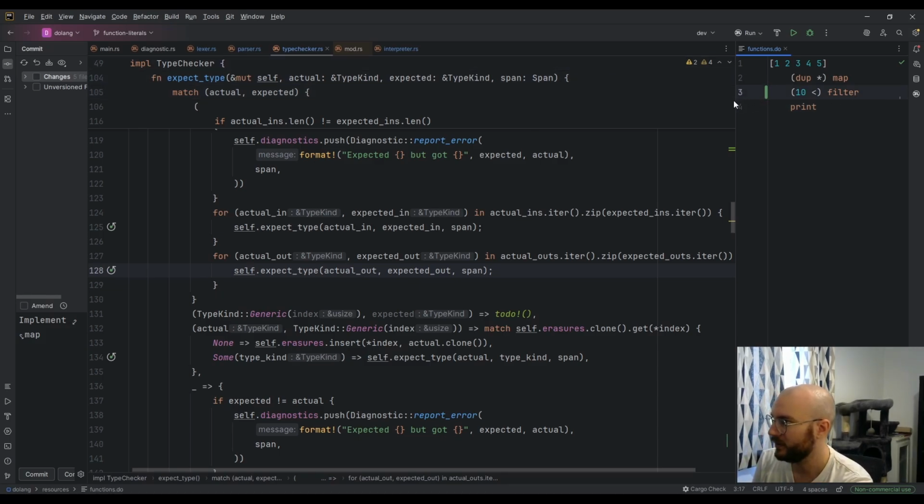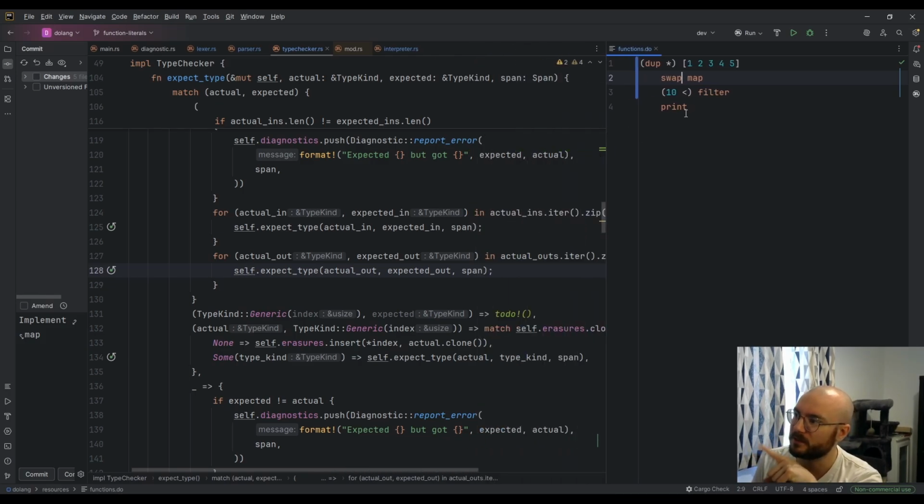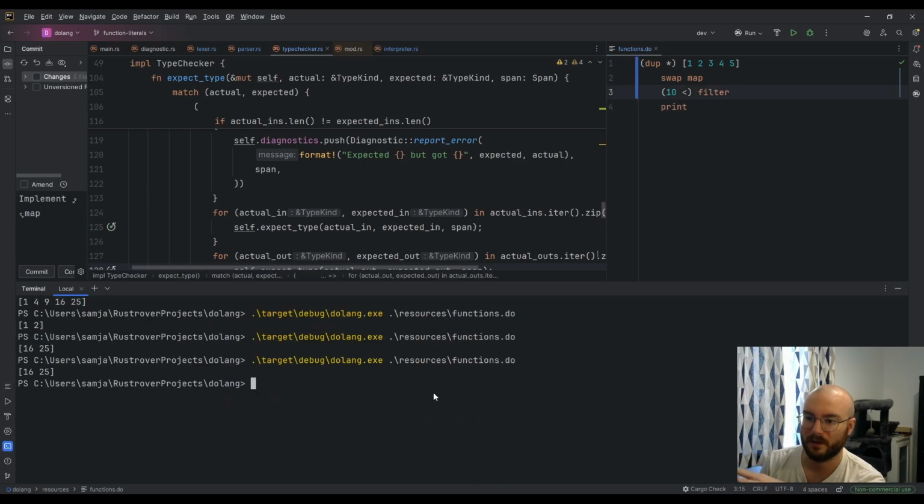But look, this is kind of what I wanted out of this language, is you have lists, you can quote functions, and then you can apply them. And in fact, you can do something stupid like this. At least I hope you can. So this is going to push the function, push the list, swap them, and then it should carry on as normal from there. So if I run that, yeah,